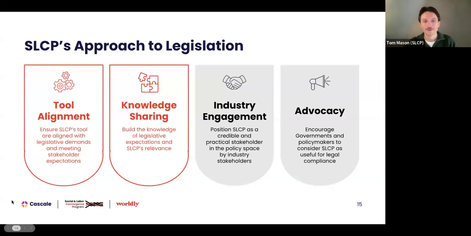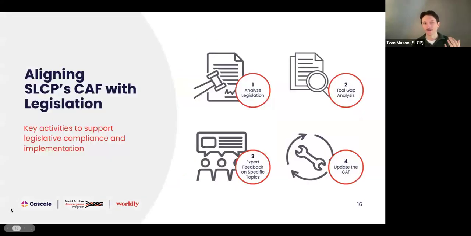So jumping onto the next slide, in the context of aligning SLCP, we're following a rigorous process to make sure that the CAF that you're using in your facilities can support the right data for legislation. So what we do as SLCP, which is important context for the way that we go about mapping, is firstly, we analyze the new pieces of legislation. So Elizabeth has already gone through, I think, 5 or 6 different legislative frameworks that are coming or are being adopted today. There's so many more out there. So these are just a few examples of the main ones that are relevant in the context of the CAF.